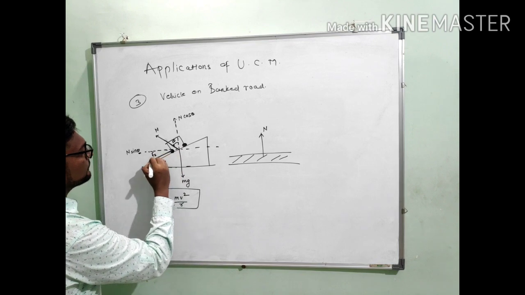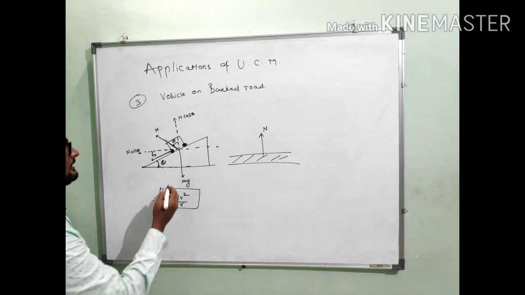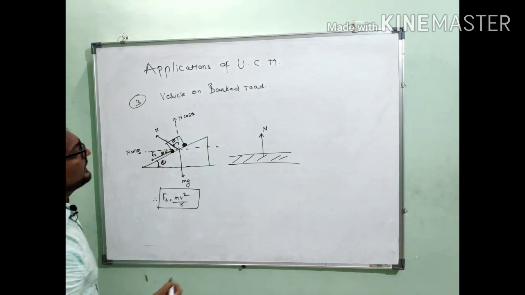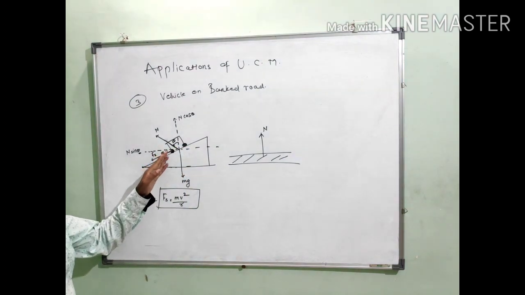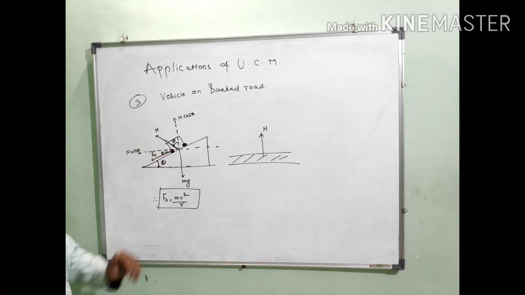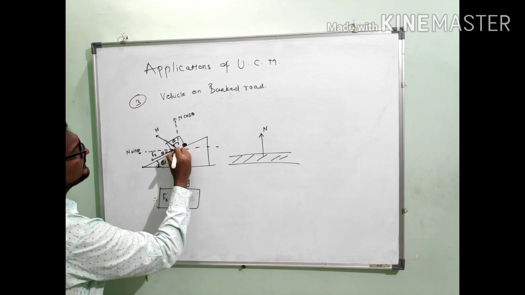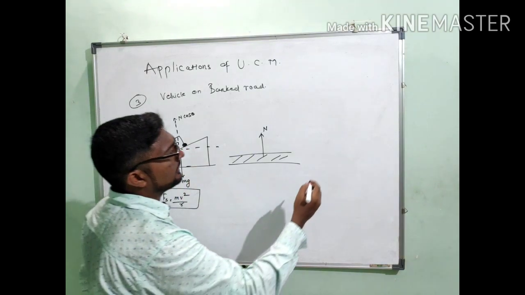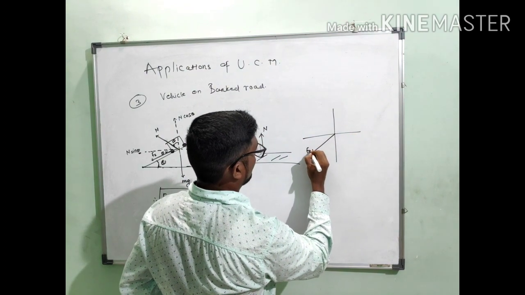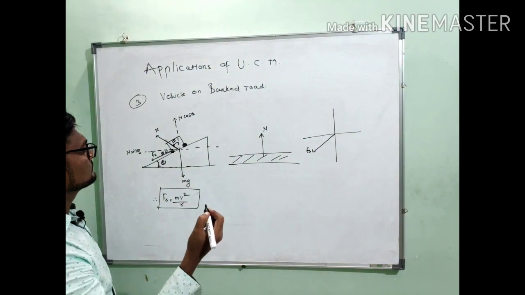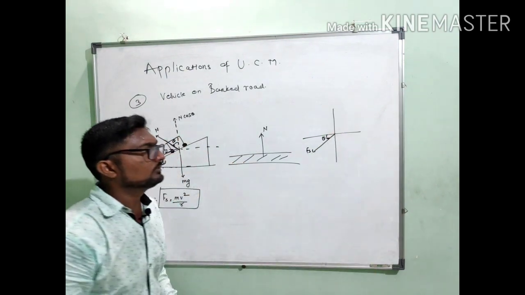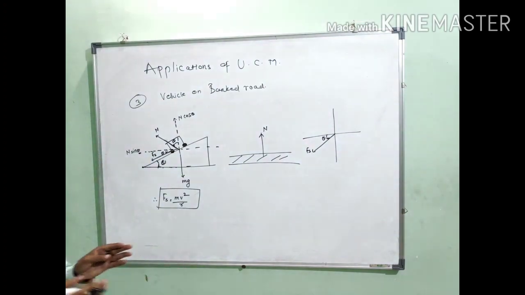Over here the frictional force also is there. It has made an angle theta with the horizontal. So let us split this. That is Fs. Let us see, it has made angle theta. So let us split. Split means what?